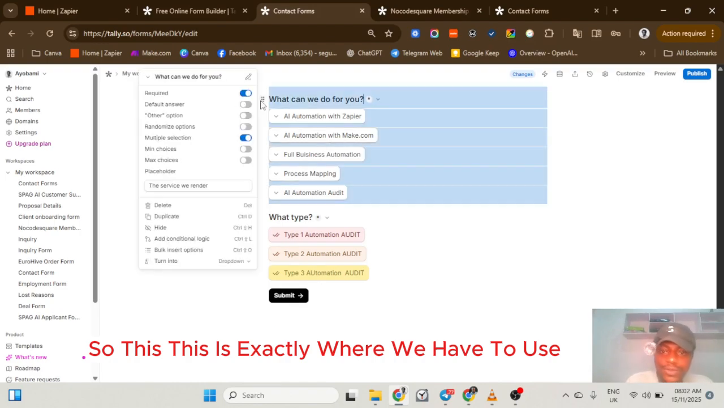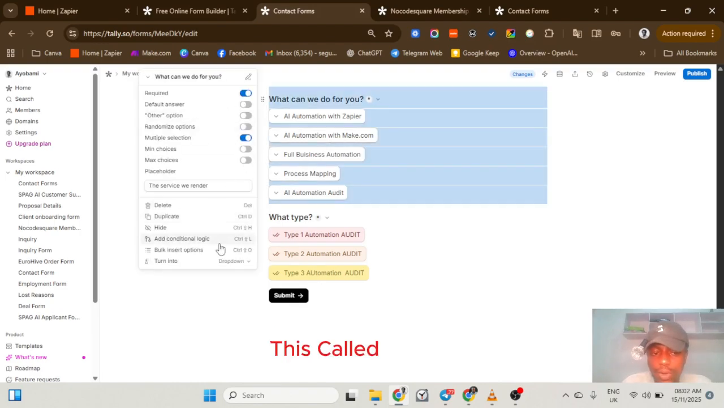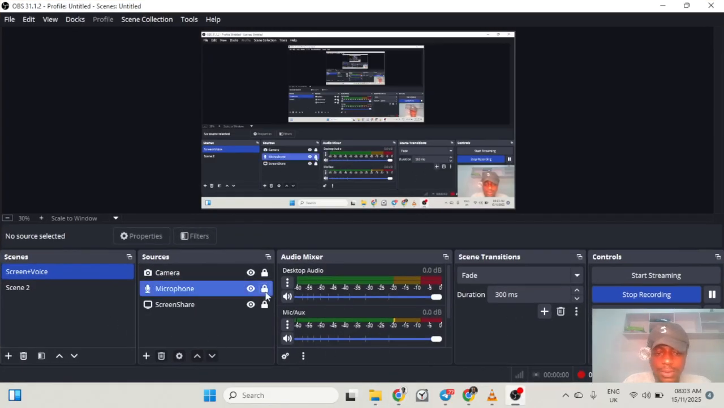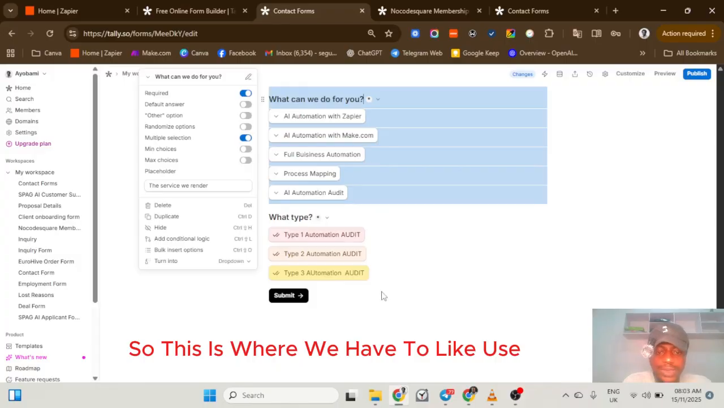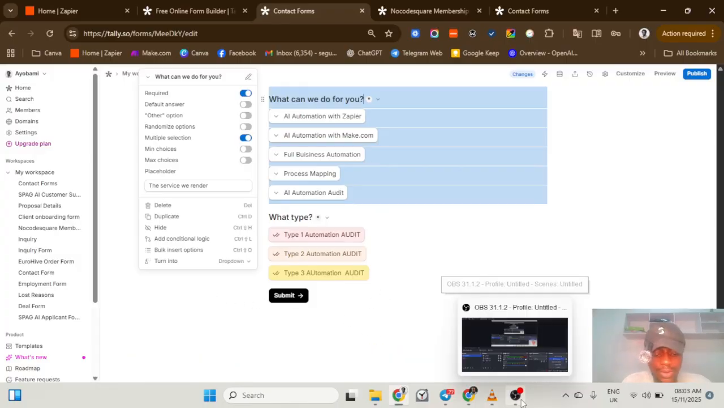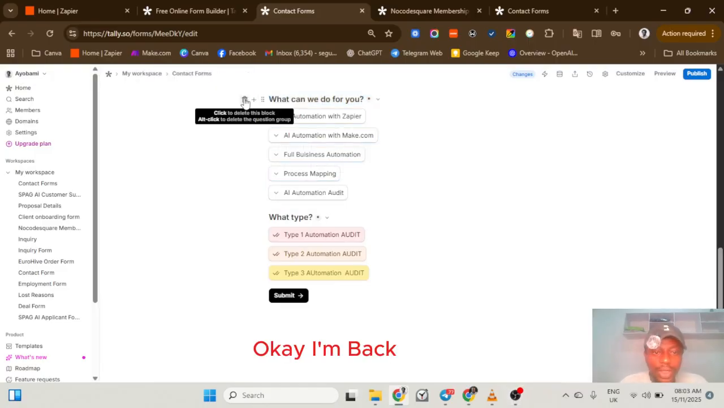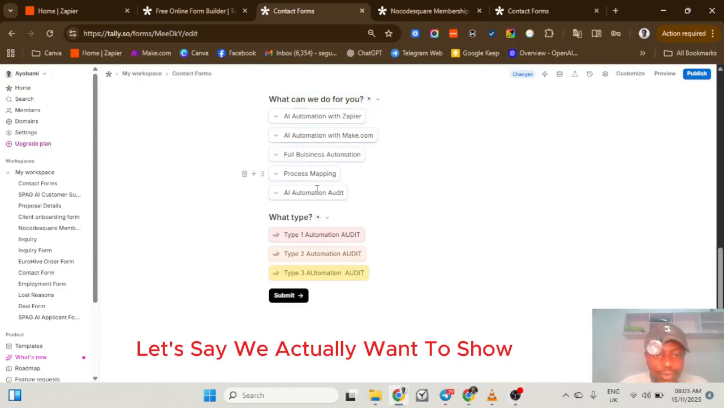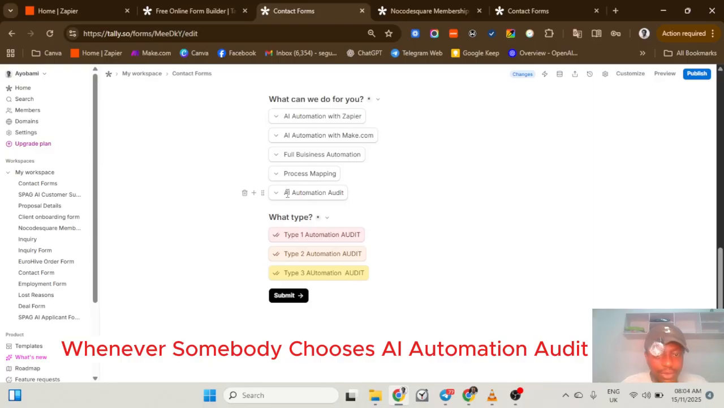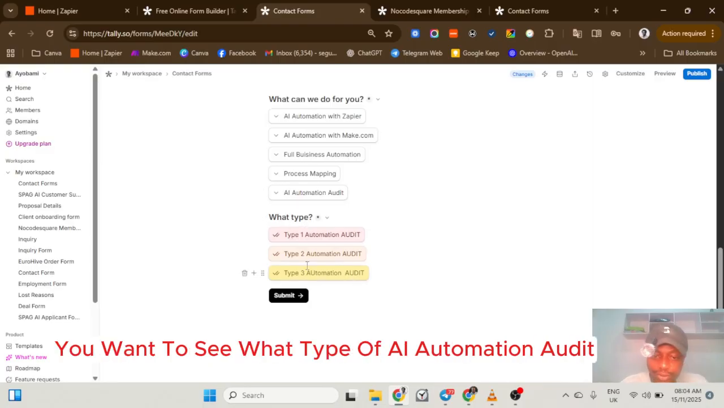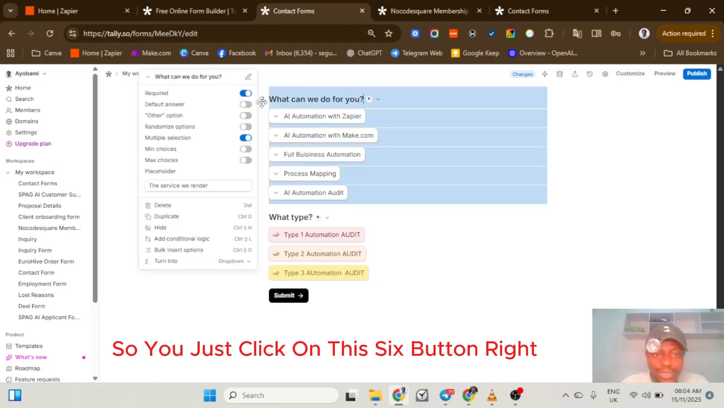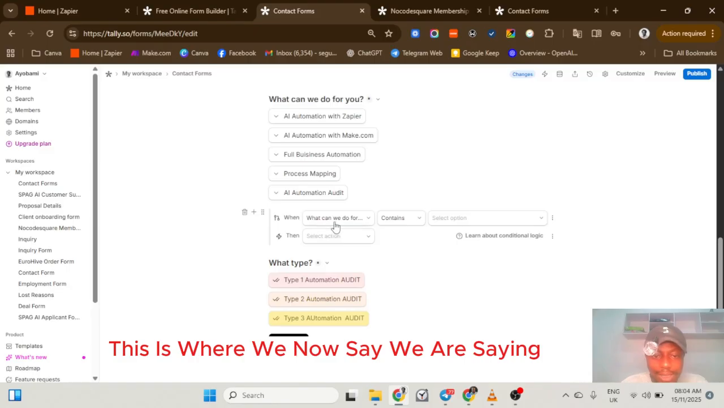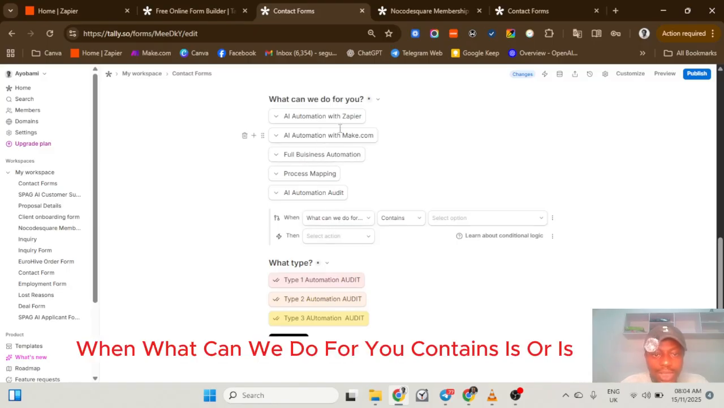So this is exactly where we have to use conditional logic. Okay, I'm back. Let's say whenever somebody chooses AI automation audit, we want to see what type of AI automation audit they want: type 1, type 2, type 3. So you click on this six-dot button, and then you click on conditional logic, right? This is where we now say when what can we do for you